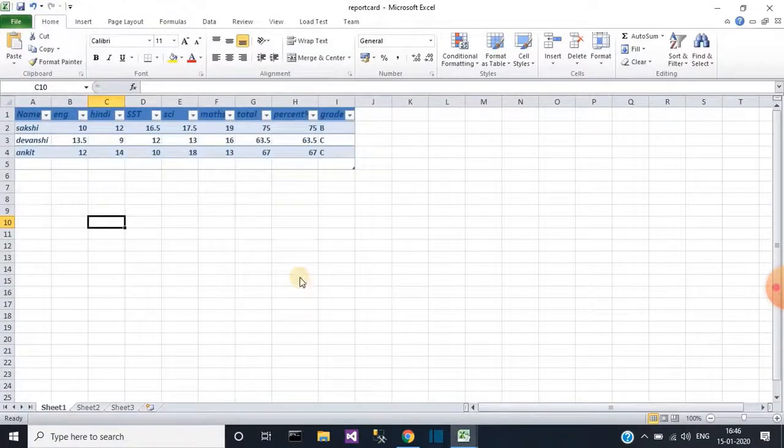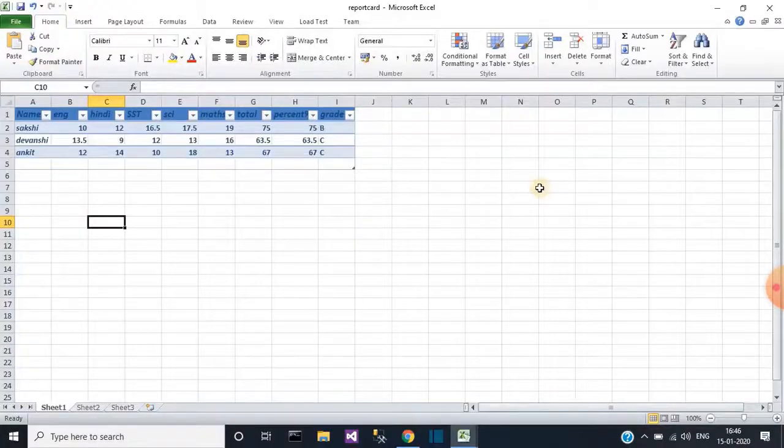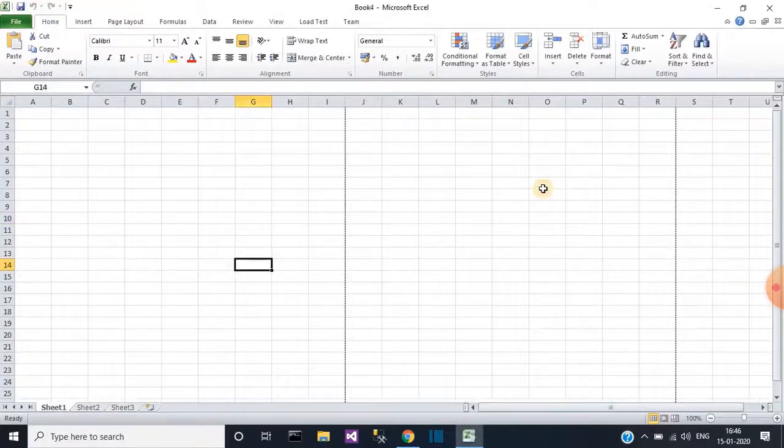Children, you can see here on the desktop it is saved, the report card, with the name given. So this way, children, we save our file using Save As. It creates a new location and a new name for that file, and saves it. Save lets you save your work on the existing file.